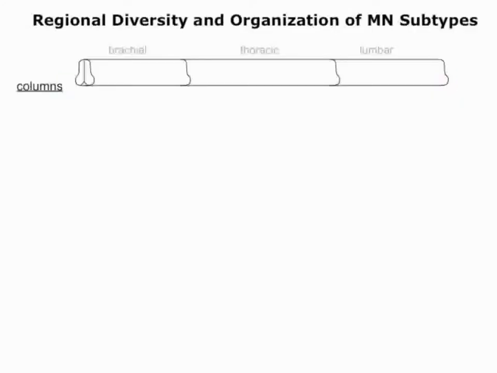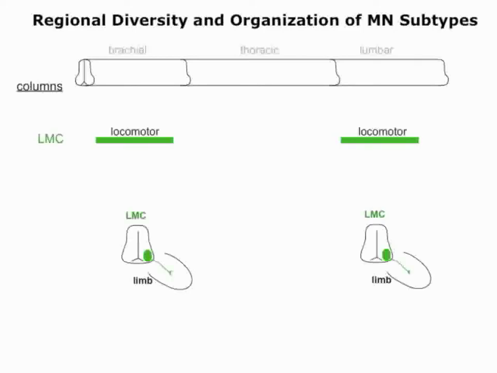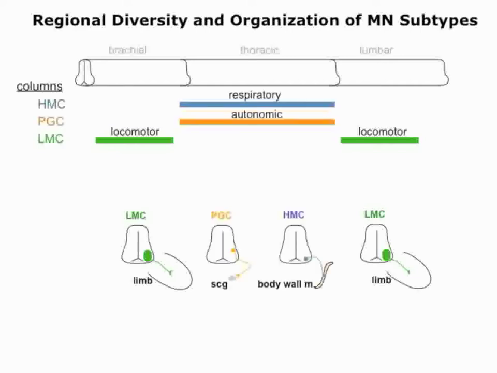There are two basic levels of organization. The first is the segregation of motor neurons into columns, which occupy distinct rostrocaudal positions. Limb levels contain the lateral motor column, or LMC, which is required for locomotor functions such as walking. The intervening thoracic levels contain the hypaxial motor column, which is involved in respiration, and the preganglionic motor column involved